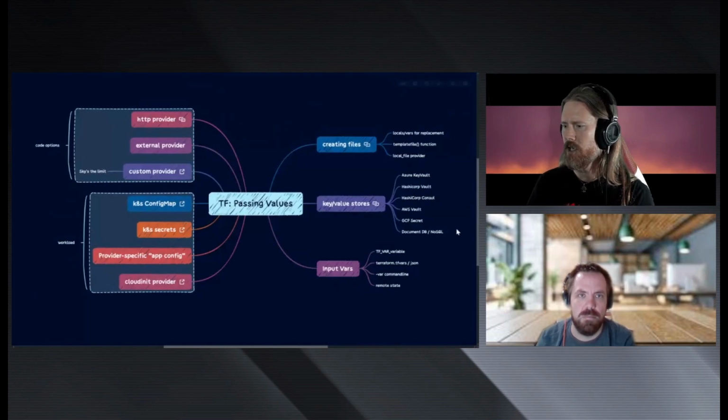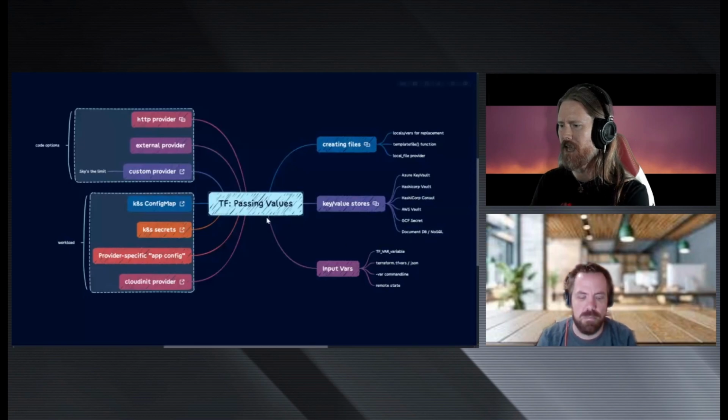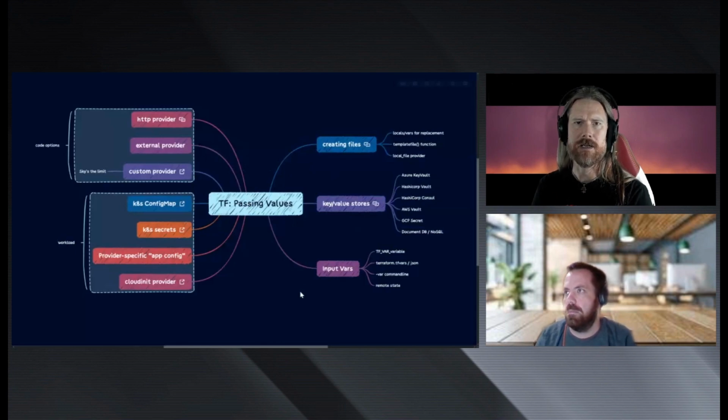I'm going to take a look over here at a diagram that I've put together to help explain this topic. To begin with, I want to point out some of the perhaps more obvious ways to do what we're talking about. To highlight exactly what the use case is, you are putting together all of this content with Terraform, and you get certain outputs, and you need to pass those outputs into, I said root modules, but it could also be that somebody else needs the output of